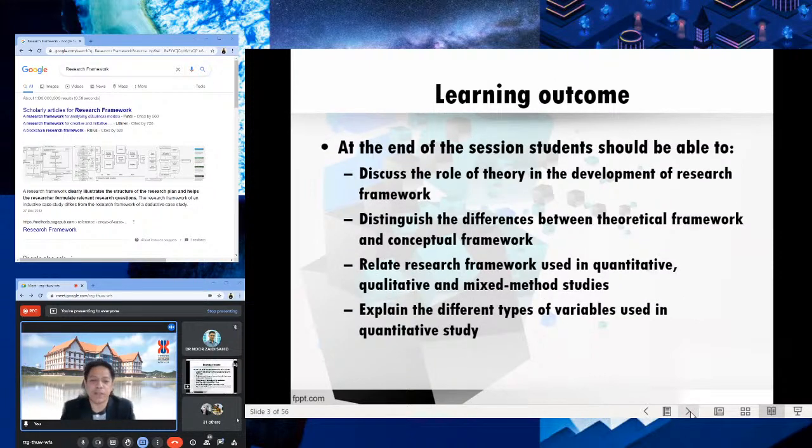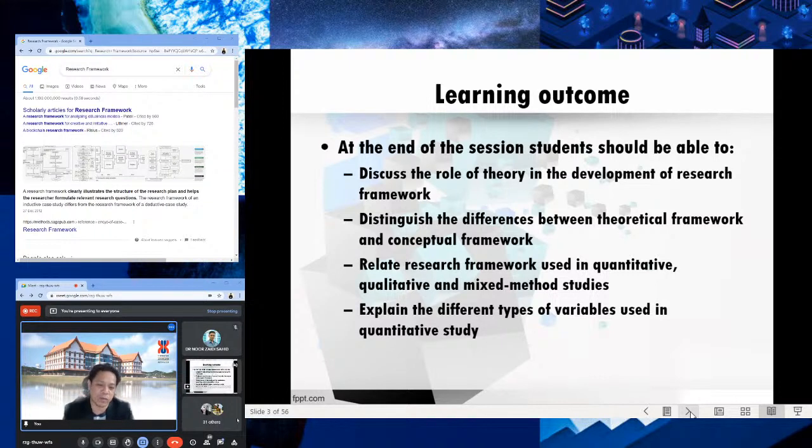So at the end of this session, the student should be able to understand and discuss the role of theories in the development of a research framework. What are the theories behind any research, or the basis for the development of a framework? It doesn't matter which field, but we need to understand and be able to choose the right theory for our research. And throughout this class, we need to distinguish the differences between theoretical framework